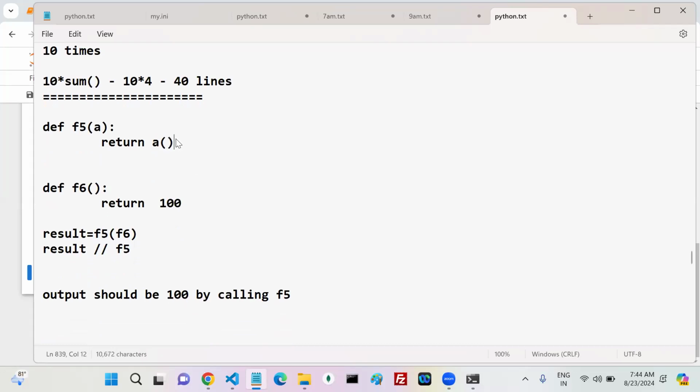Now here A calling, yes or no? You call F5, yes. You pass one parameter, yes. My A is my parameter, which is nothing but F6. You are calling A means you are calling F6. A calling gives me the value, so that value is placed here. So now come to F5. Returns what? Return that value. Whenever you call F5, there is a returned value. That returned value is held in one variable. So finally the result is what? That particular F5 returned value is 100 or not?